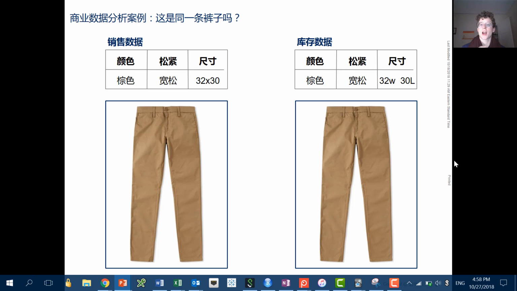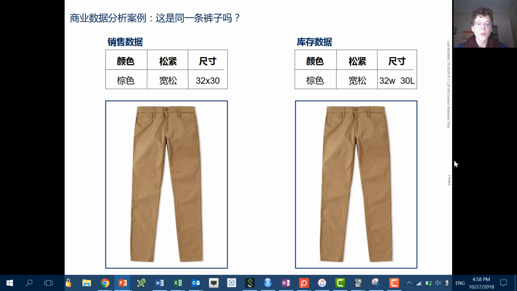And let's go down the line. So we have color, brown, same on both of them. Fit, baggy, same for both of them. Size. So if you don't know much about pants, and sorry this has become a lesson on pants, but I think pants are awesome. For men's pants, at least in the US, I think this is true in China as well, there are two sizes to look at. The first is the width, how wide it is. This is in inches. The second is the length. So this is 32 inches, 30 length. It's a very normal size for men in the US. So you look at these two and you would say, okay, well, on the left side, it's 32x30.